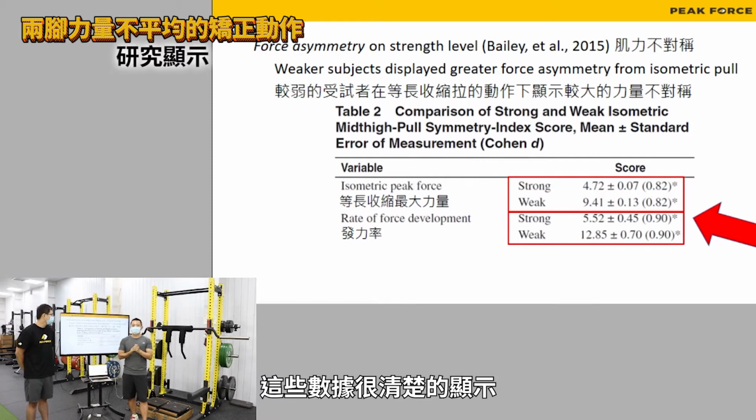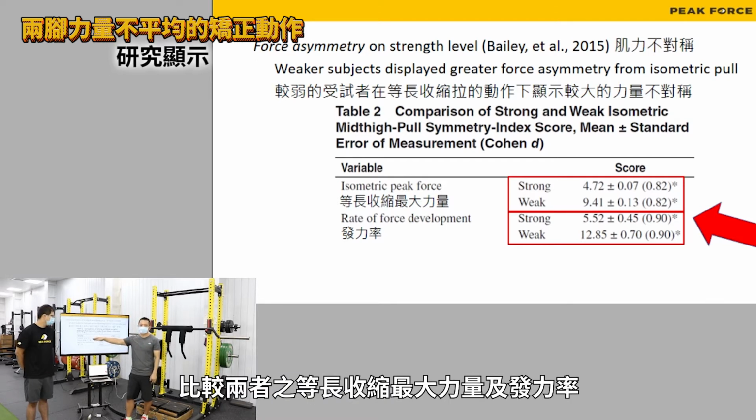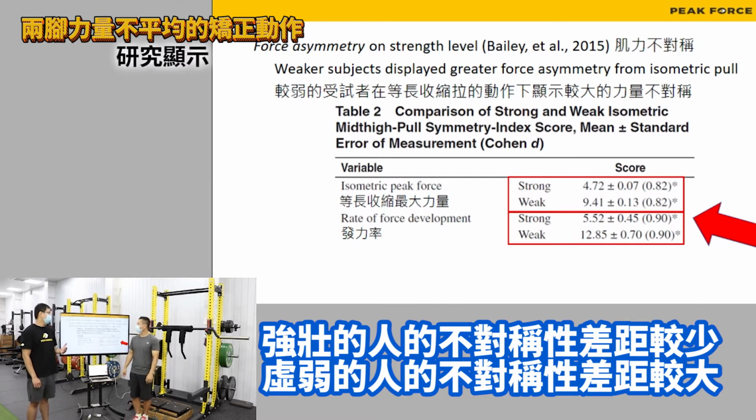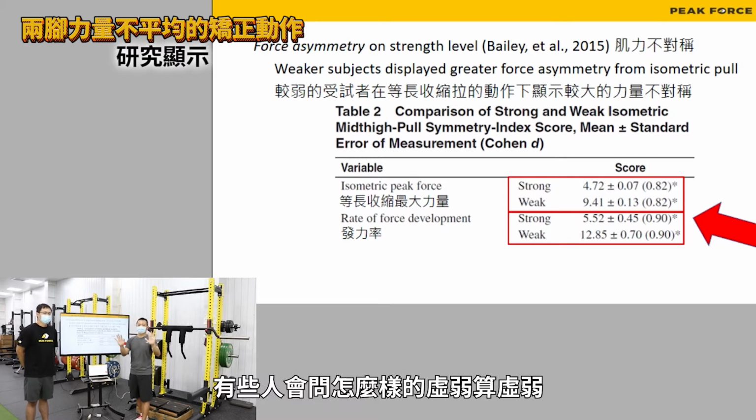So from this data, it's very clear that if you compare the strong group and the weak group of isometric peak force and the rate of force development, you see on both sides, the weaker group always shows a higher percentage of asymmetry. 好，那在这边呢，我们透过研究可以看到，这个研究讲的就是说，你这个比较强壮的族群跟比较虚弱的族群，在做这个等长收缩的时候，它的顶峰力量最大的力量的差距跟它的发力率的差距，那可以看到越强壮的人，它的不对称性的差距是比较小的。